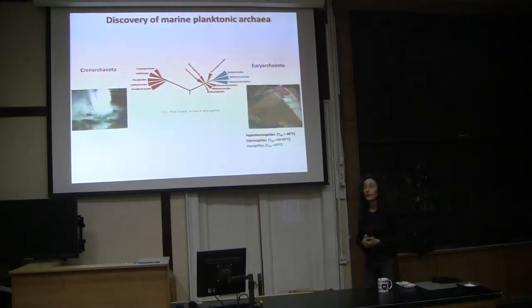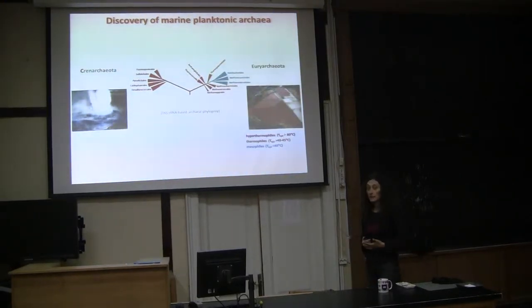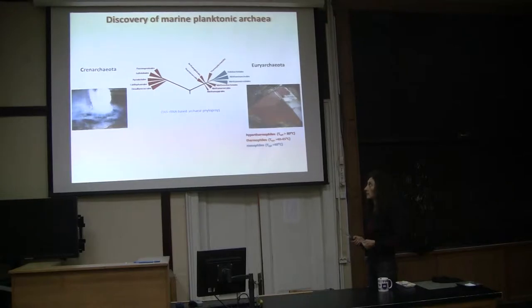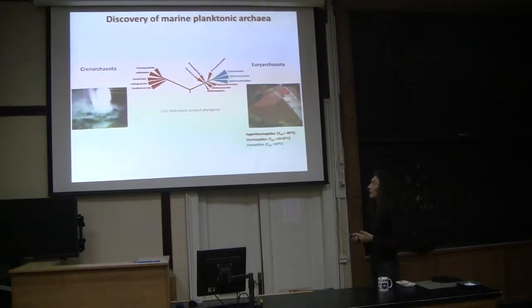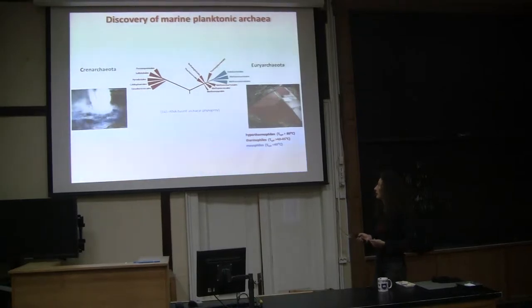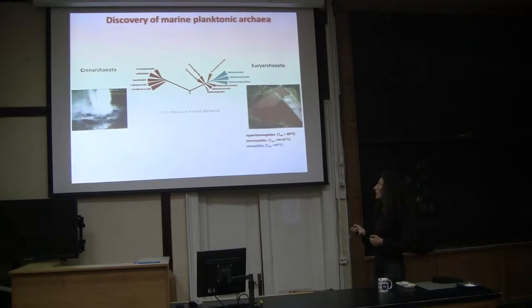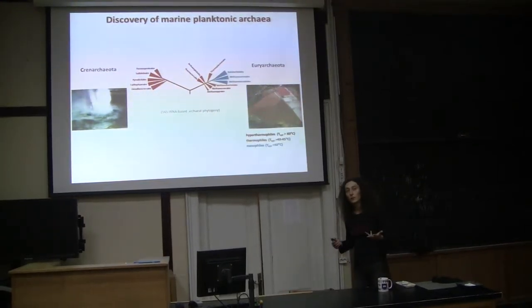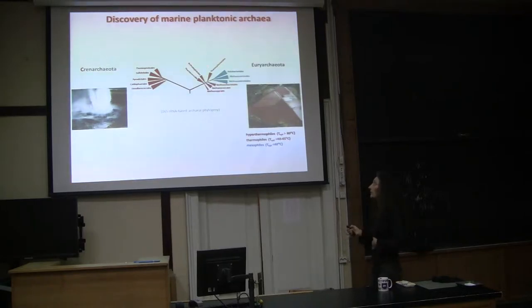Archaea, the third domain of life, was discovered by the end of the 1970s, and at that time they were discovered based on species that were isolated and maintained in culture, and they were divided in two major groups: the Crenarchaeota, all of which were hyperthermophilic species living in deep seabeds or in hot springs at more than 80 degrees Celsius in temperature, and the Euryarchaeota that encompassed a much larger variety of phenotypes with hyperthermophilic